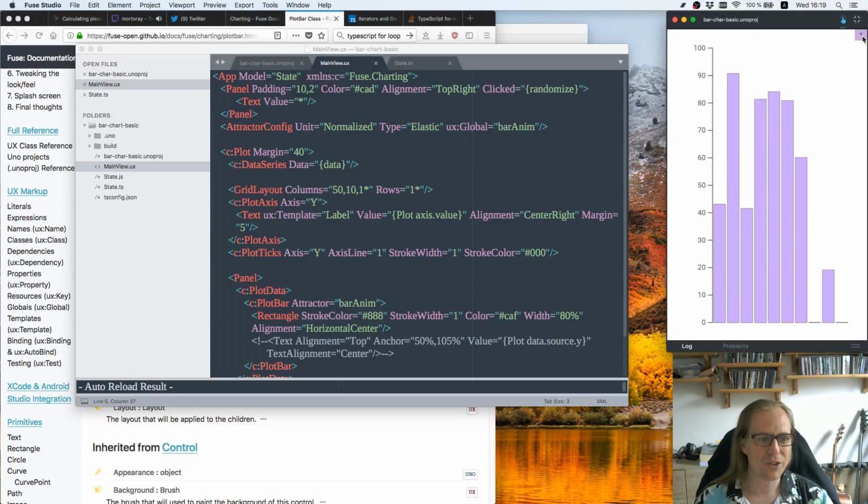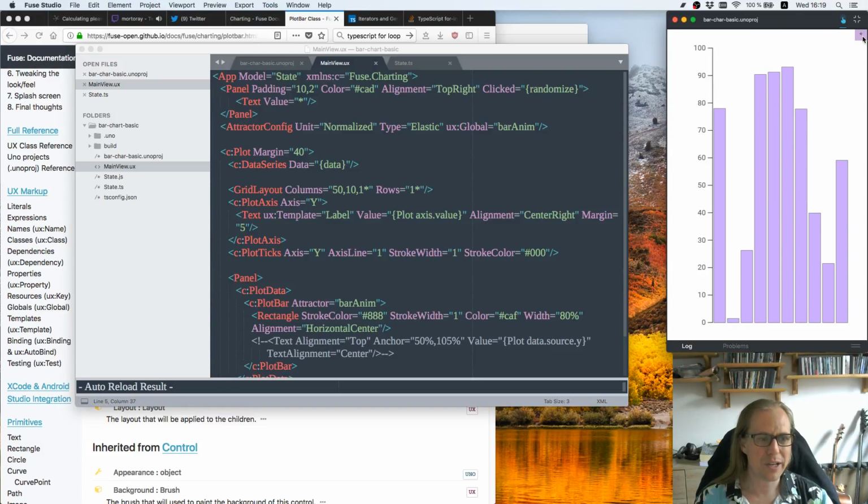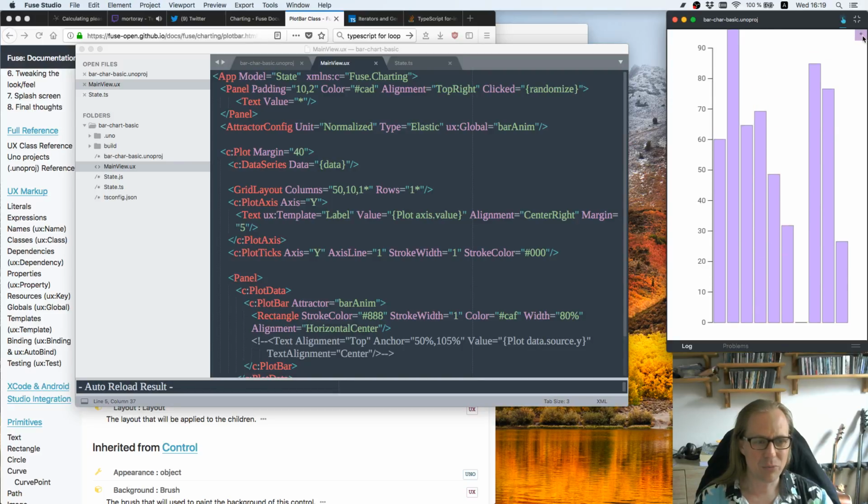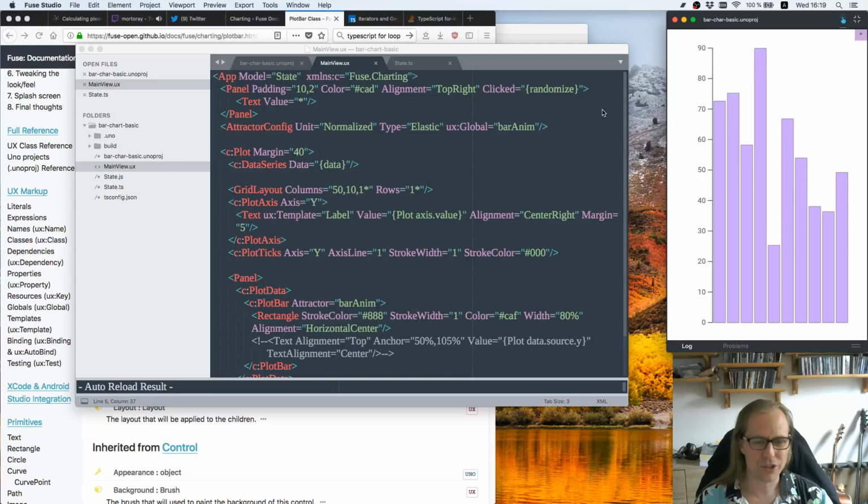And now you can watch that they're animated. So this is the simplest way to animate them. And elastic is a little bouncy, but I'm okay with that. So this is the standard attractor config. You can put whatever parameters you want in there, and